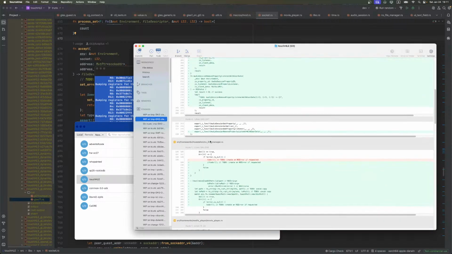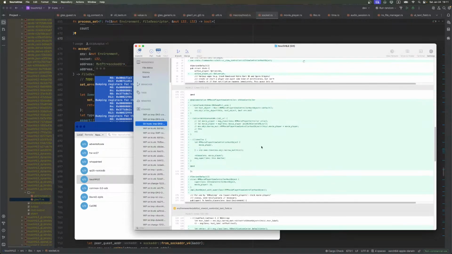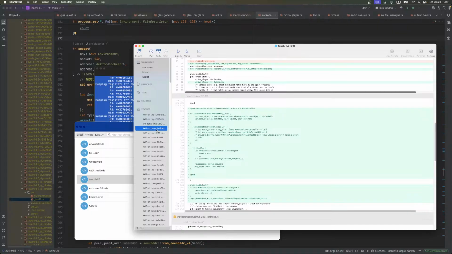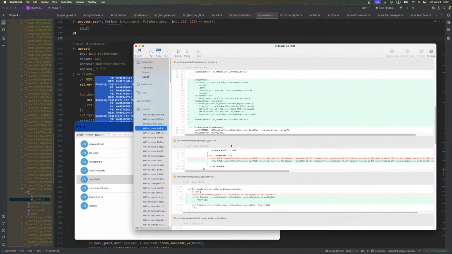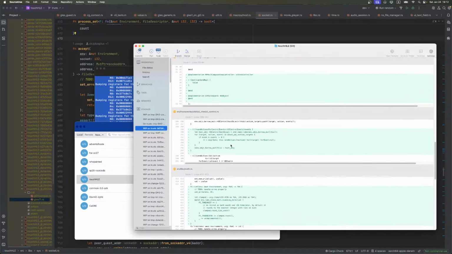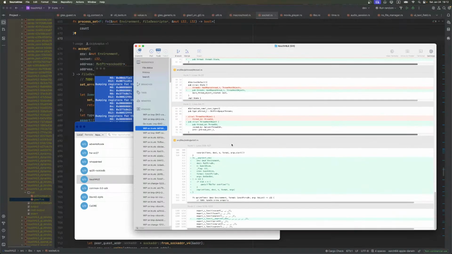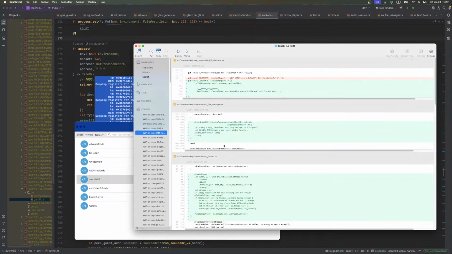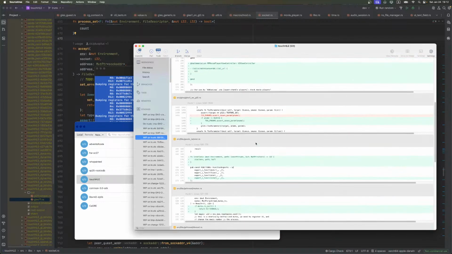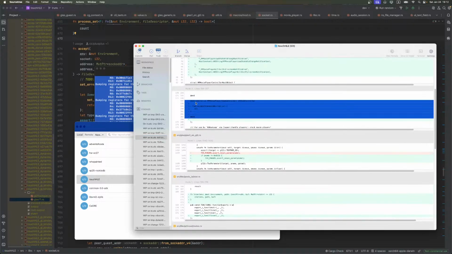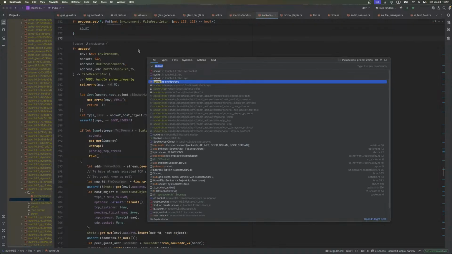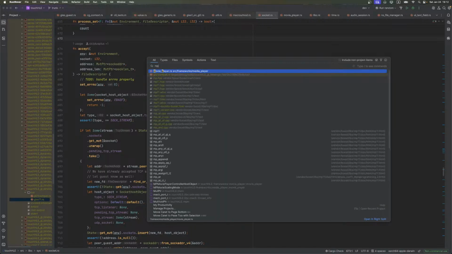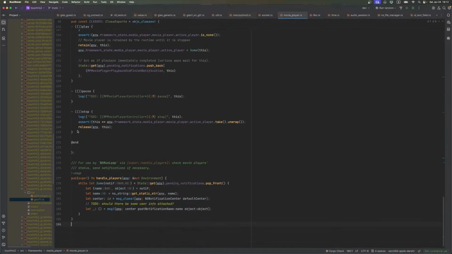And let me find the correct stub, because I have several different versions and not all of them are really good ones. Yeah, I think it's here. And then we have MPMoviePlayer,